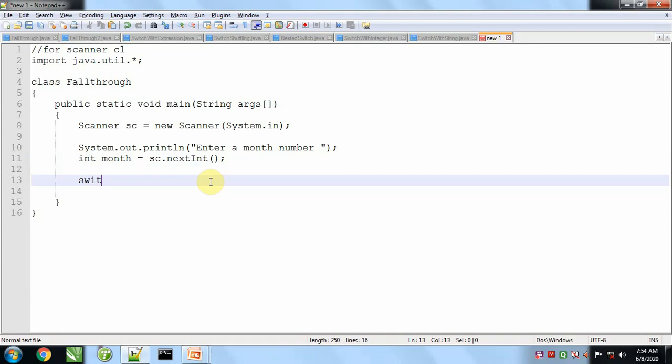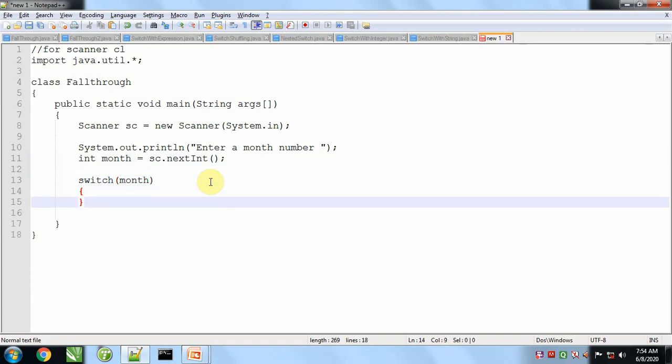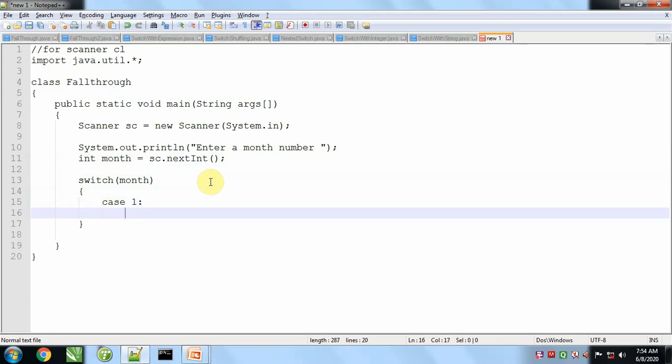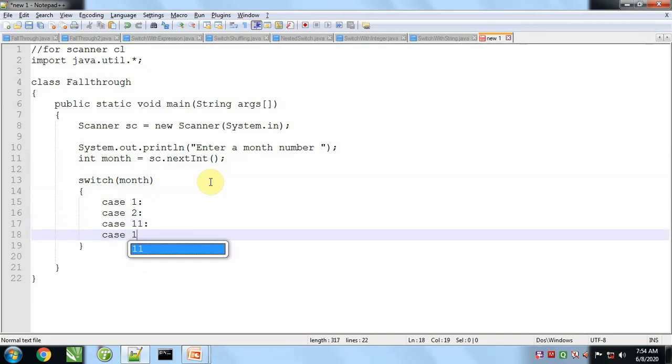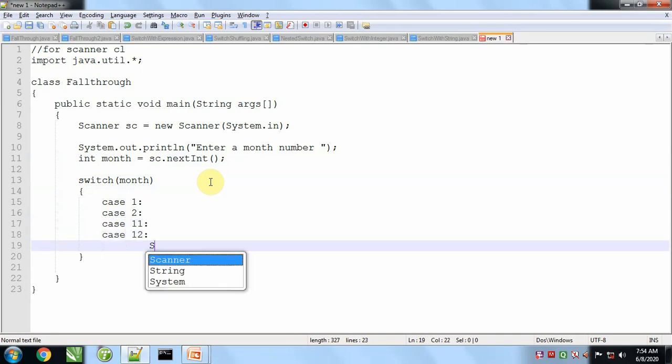We will apply switch on this month variable and say if case 1, case 2, case 11, case 12, in that case print the message winter season.